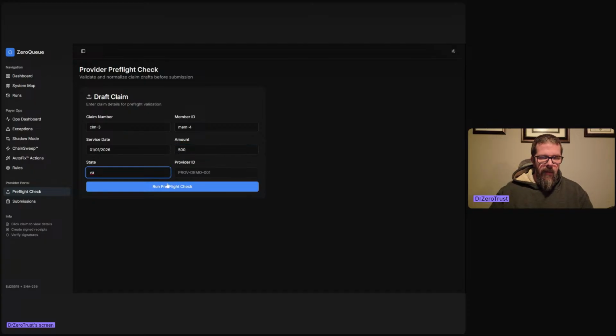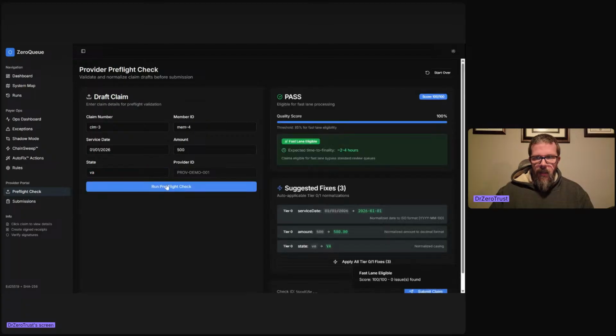And then basically all someone would have to do is run this pre-flight check, and that's going to say that this is correct claim information that's being drafted to be put in the system. And this is just a very few fields. The whole goal would be to ingest all that information from someone on their claim side of it so that it is populated and make sure that everything is correct. But you know that right here, notice this is Fastlane eligible.